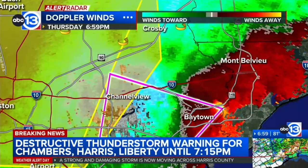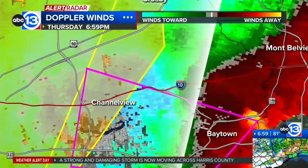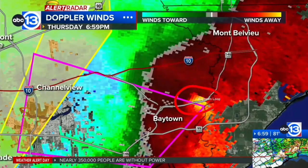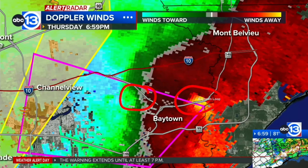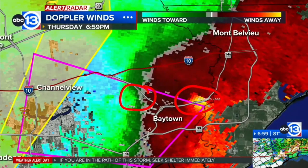I'm going to see if I can hunt down this couplet and see what's happening with that. Well, we have a couple of areas here of potential concern, and I'll circle them. There's one right about there, Travis. Okay, I believe that's right along State Highway 146, and then there's this area right back in here as well. Sometimes these severe thunderstorms can have more than one circulation center, and so the area there on the north side of Baytown along State Highway 146 and near Highway 330 is where